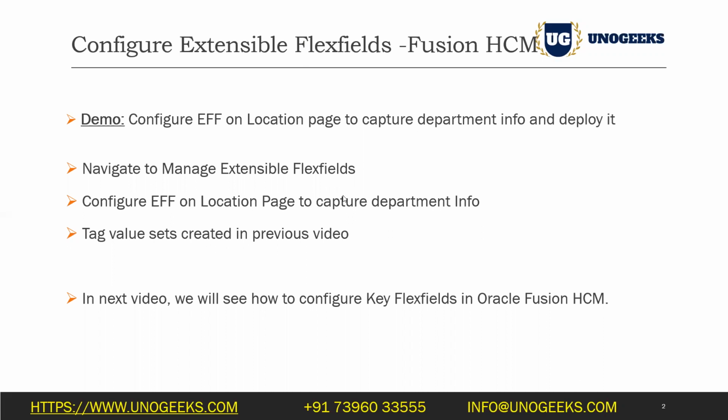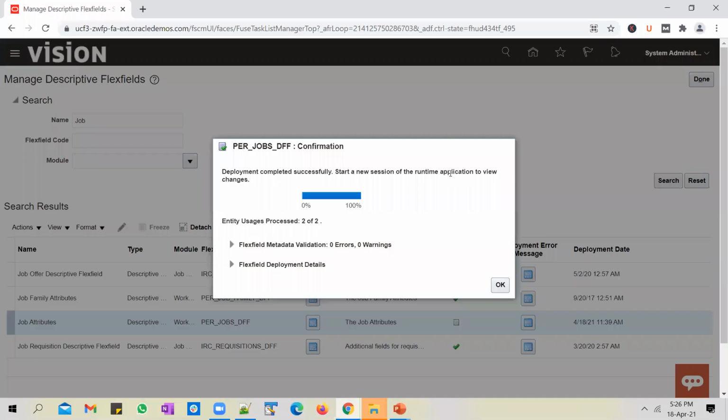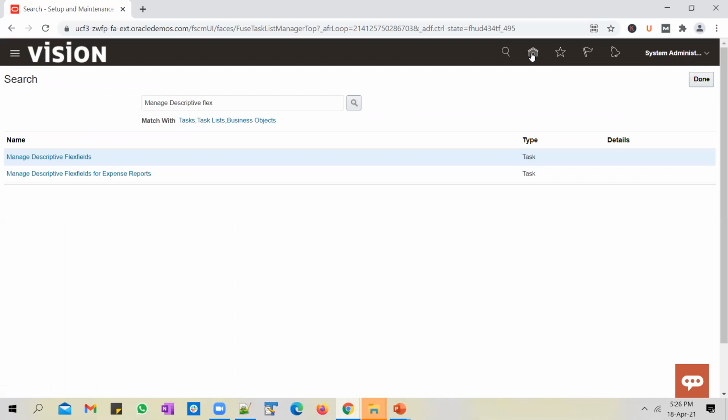And let's see how to go ahead and configure and deploy that. Process is pretty much the same. So you go to manage extensible flex fields screen. Let me show you the navigation from home page.